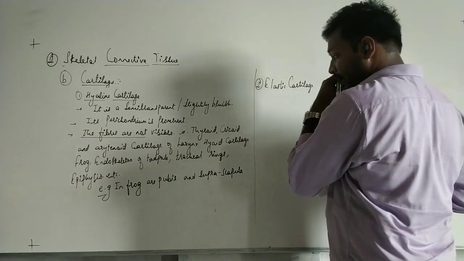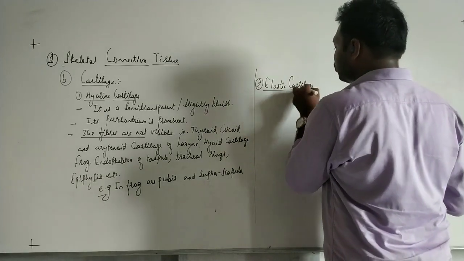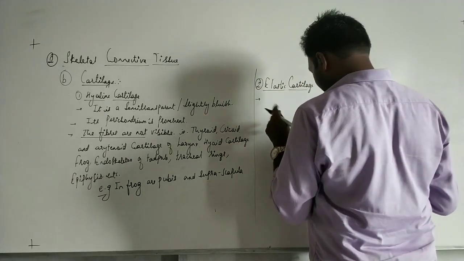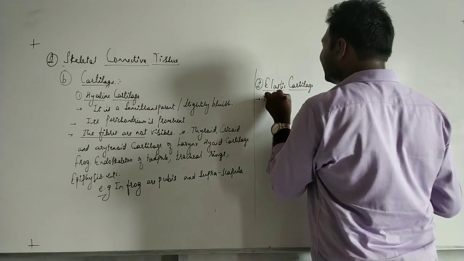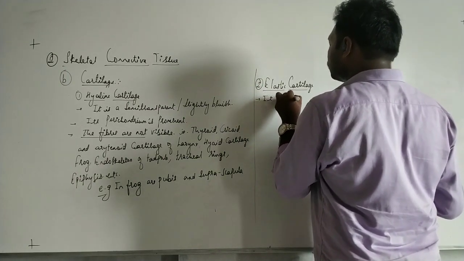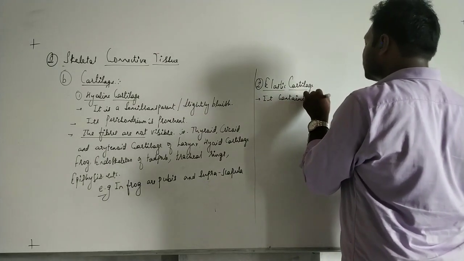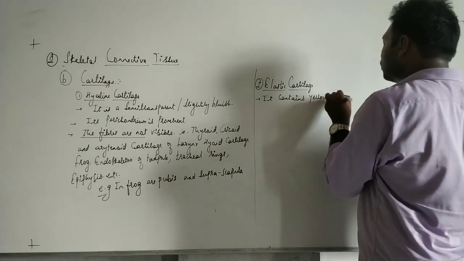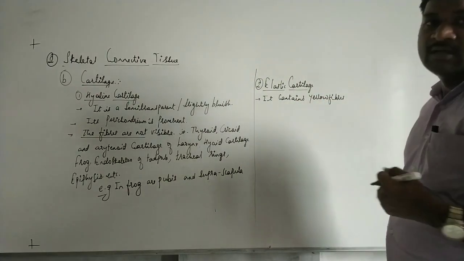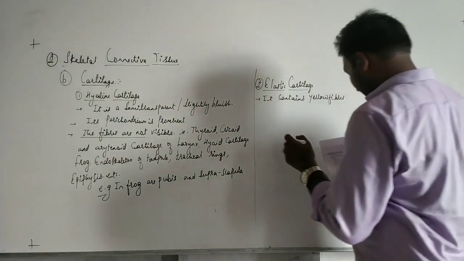Now this elastic cartilage is also known as the calcified. Okay. So why is it called calcified? Let's see. It contains yellow fibers. Okay, and yellow fibers mean they are elastic. So the cartilage is elastic in nature. The next,